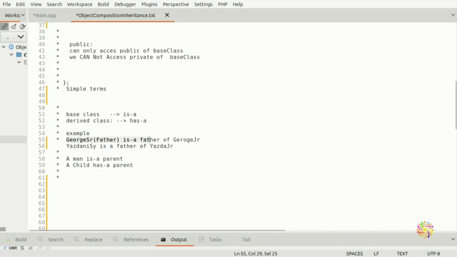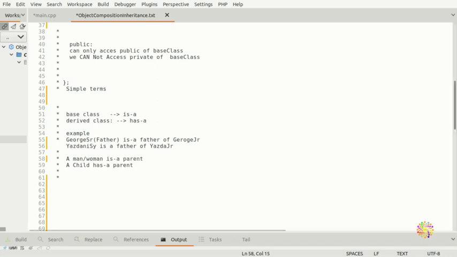A man or woman is a parent, and a child has a parent.